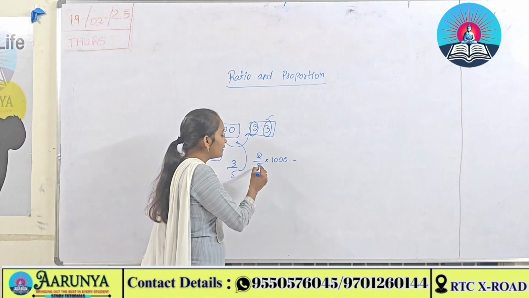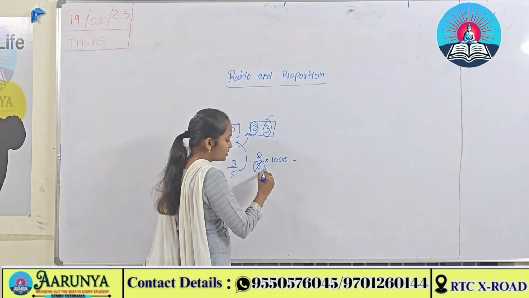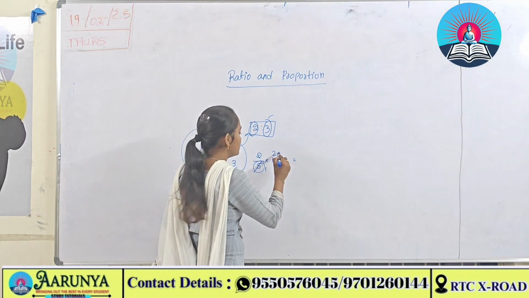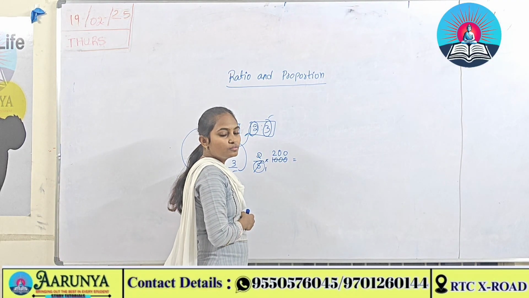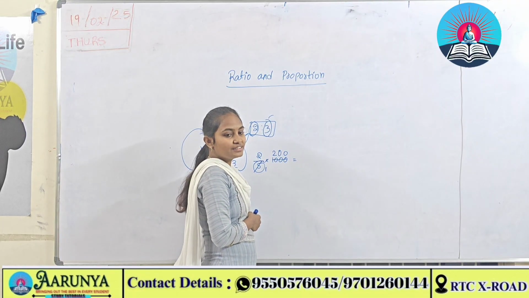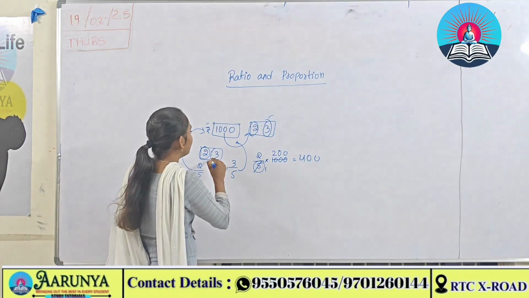See, first do with the 5 table. 5 ones are 5, 5 twos are 10. 0, 0. How much is 2 into 200? 400. Yes. Then I want 3 by 5 part of